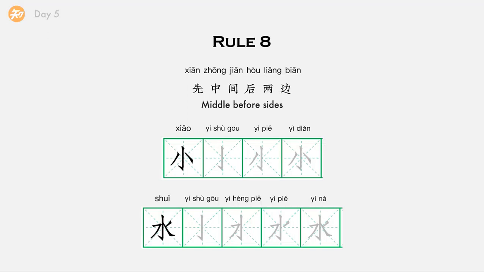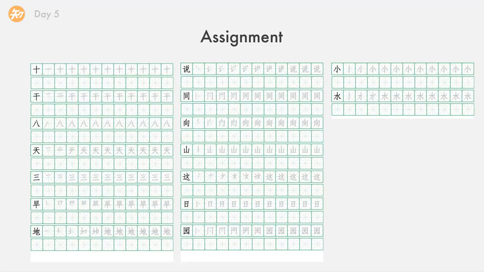Usually, we write from the left side to the right side. Some characters are in the pattern of left, middle, right, so these characters should obey this rule. Let's take a look at the first example, 小, which means small. The order should be 一竖钩，一撇，一点。Now, let's take a look at the second example, 水, which means water. The correct order should be 一竖钩，一横撇，一撇，一捺。